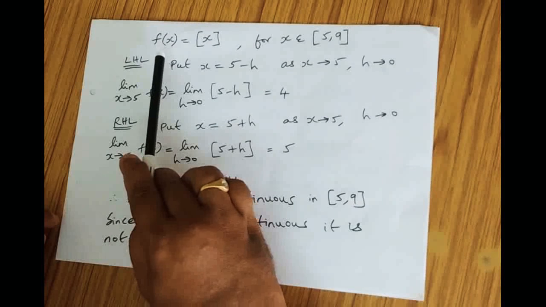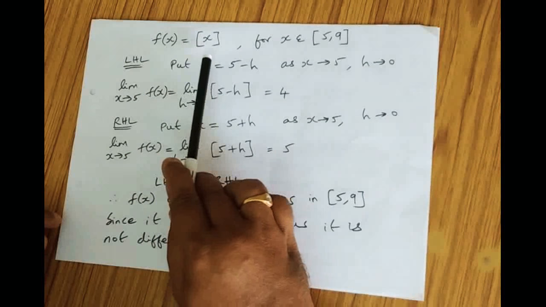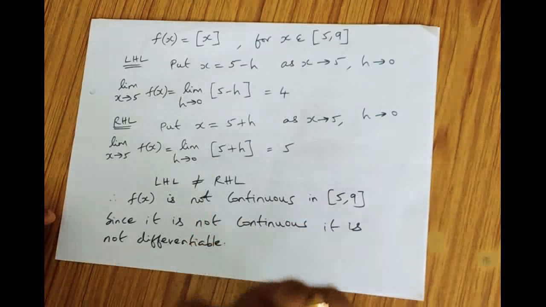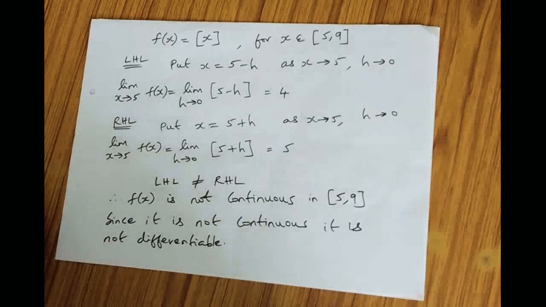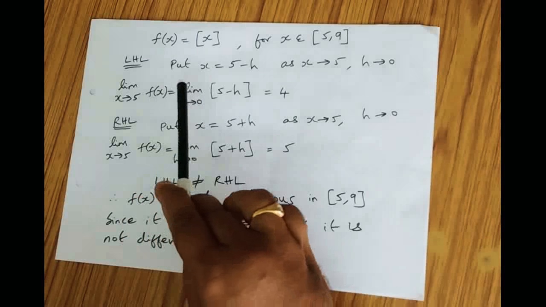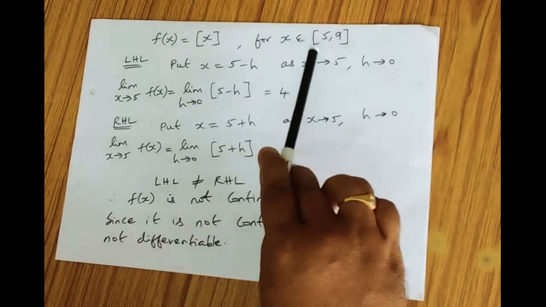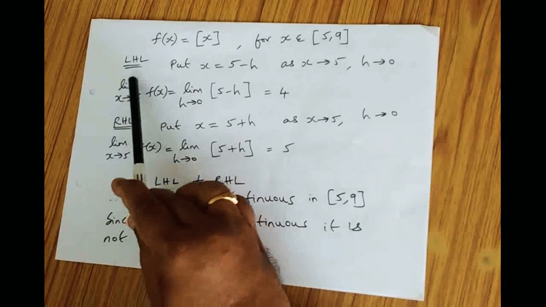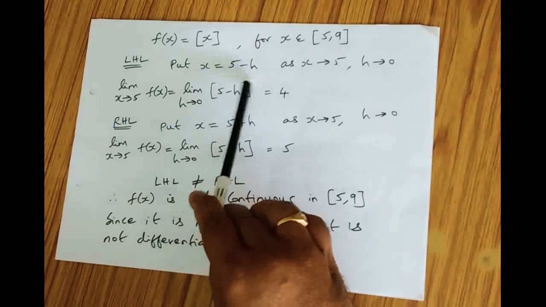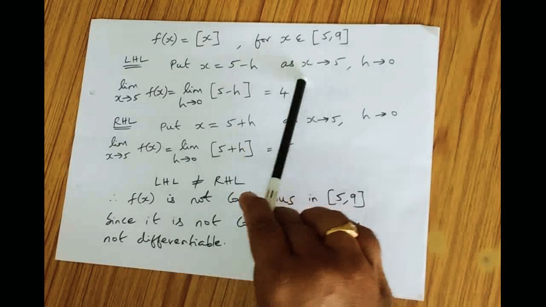In this problem, given f of x is equal to the greatest integer of x, for x belongs to [pi, 9], we are going to verify Rolle's theorem and the converse of Rolle's theorem. So first we are going to check the continuity at this point pi. I am going to check the left hand limit. Put x is equal to pi minus h, as x tends to pi,